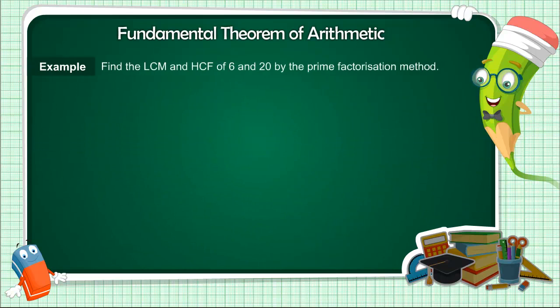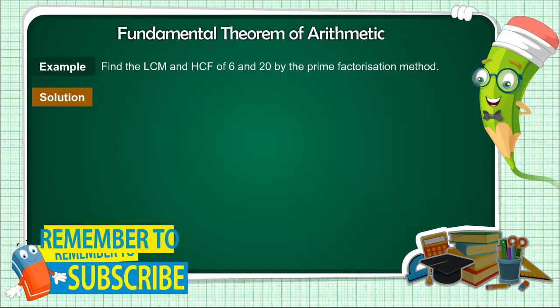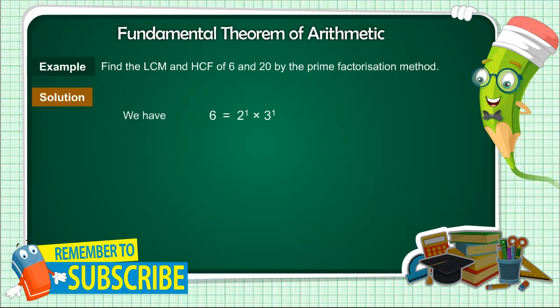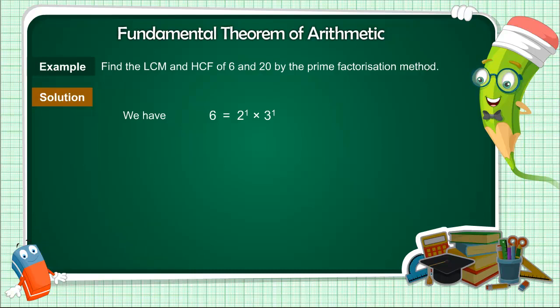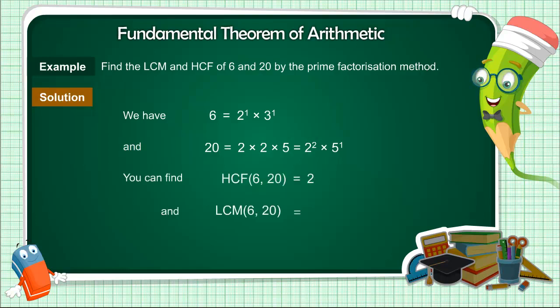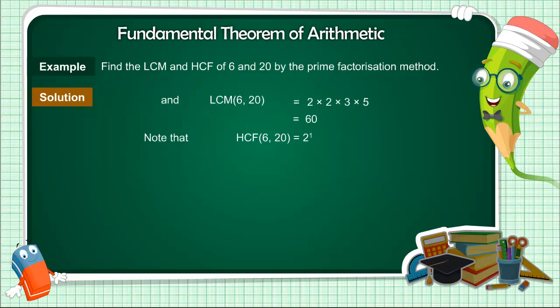Find the LCM and HCF of 6 and 20 by the prime factorization method. We have 6 = 2 to the 1 power, into 3 to the 1 power. And 20 = 2 into 2 into 5, which is equal to 2 to the 2nd power, into 5 to the 1 power. You can find